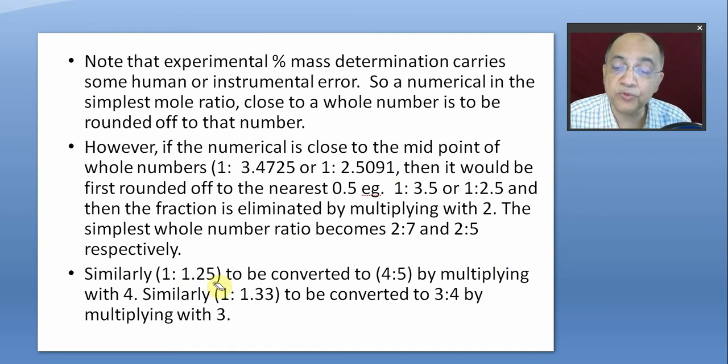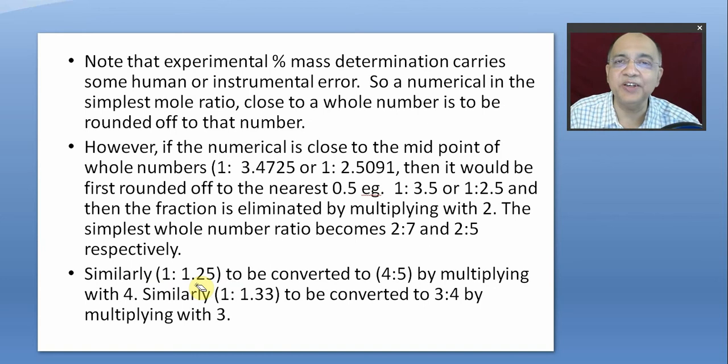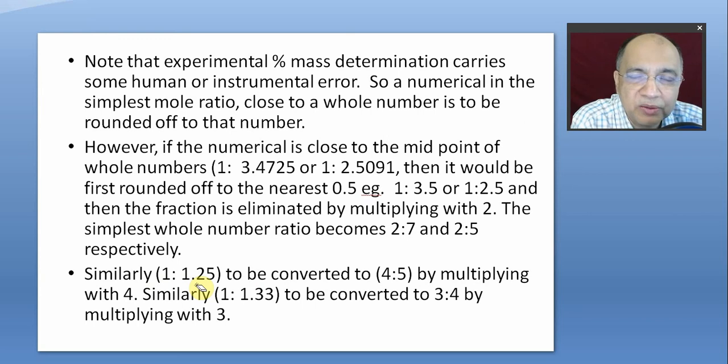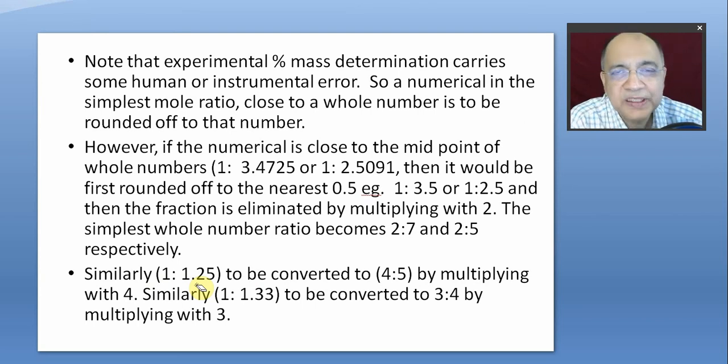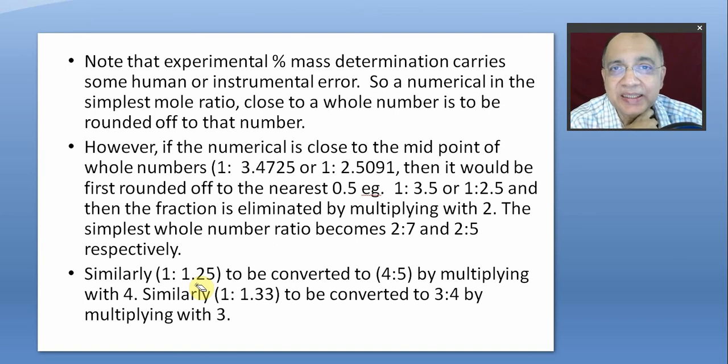So 1 is to 1.25 is not 1 is to 1. Often at the lower level, students think of rounding off 1.25 to 1. It's not the case. Even if it is more than 1.1, or even if it is 1.1, then also you have to think of whether to round off to 1 or not. Should not, because I told you in the last chemical combination program that decane and nondecane,